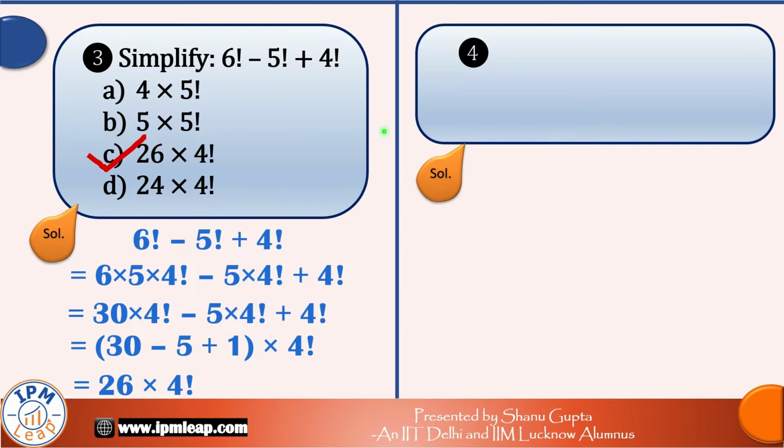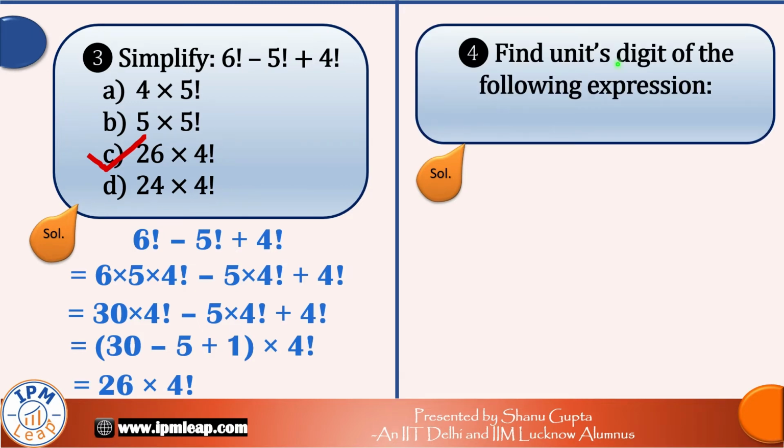Okay, so the next question, that is the fourth question, is to find the units digit of the following expression. And we can see that there are 100 terms in this expression from 1 factorial to 100 factorial. Now for somebody who has not practiced such questions before, the very idea of calculating the value of 100 factorial can give you jitters. But guys, there is a simple trick in this question through which you can easily solve it. You don't need to calculate the values of factorials more than 4, trust me.